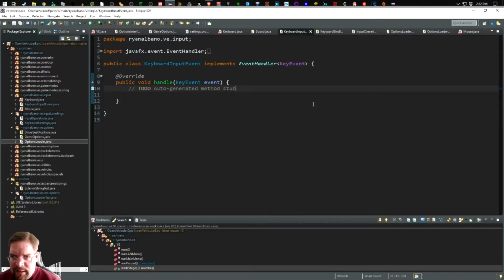When we last left off, I had talked a whole lot about random stuff, general reasonings for doing certain things. We also looked at saving the game options and testing around it. And I said, let's come back and take a look now at the keyboard input stuff. So I haven't implemented, as you can see, the event handler yet for the keyboard input. And more importantly, I haven't tied it into how we're going to look at it from the